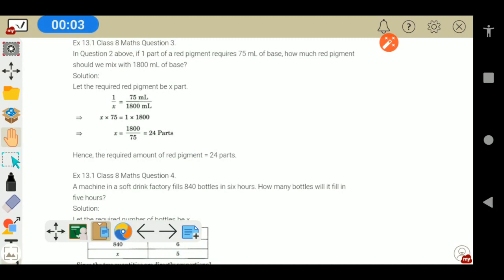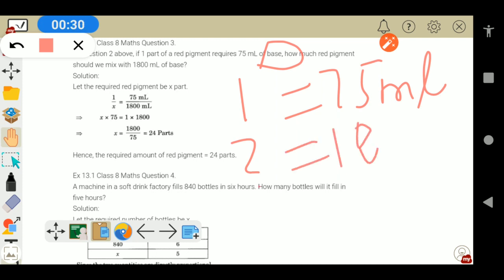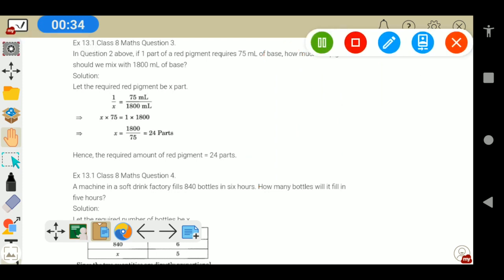In question number 2, if one part of a red pigment requires 75 ml of base, how much red pigment should we mix with 1800 ml of base? So here we are given that one part is equivalent to 75 ml of base, and we need to find how much red pigment is required for 1800 ml of base. So we studied that